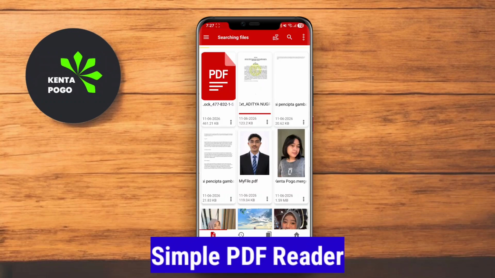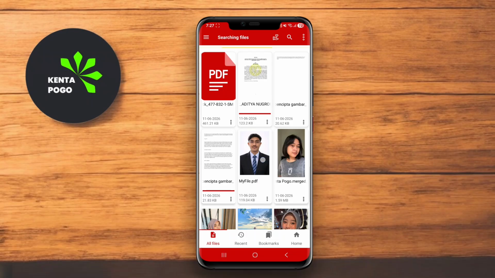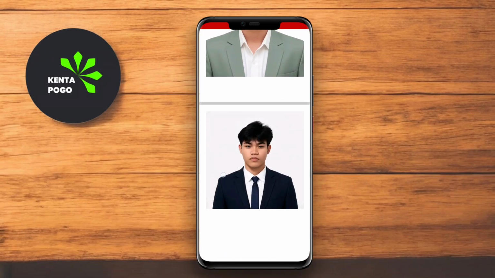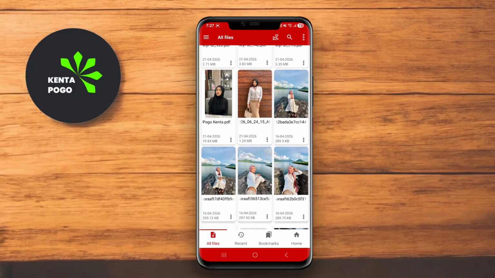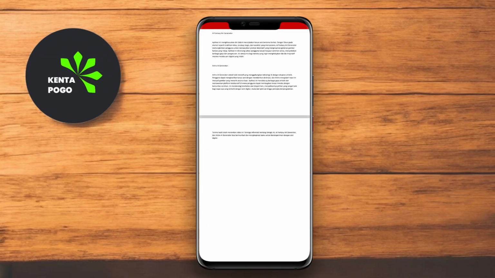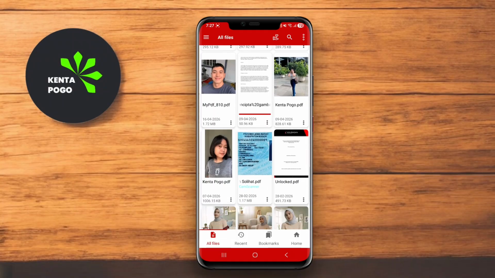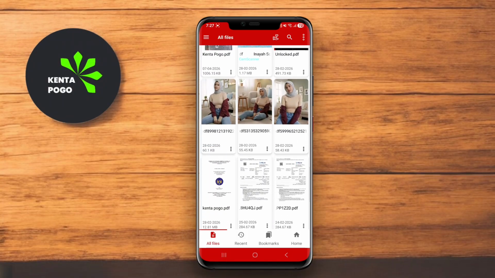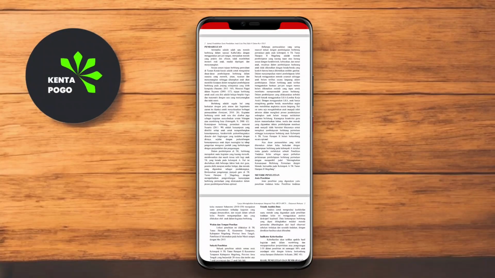Simple PDF Reader. Simple PDF Reader is an intuitive and user-friendly app designed for those who need a straightforward solution for reading PDF documents. With a clean interface, this app allows users to easily open and navigate through PDF files without any distractions. It supports various features such as zooming, text search, and bookmarking, making it convenient for users to